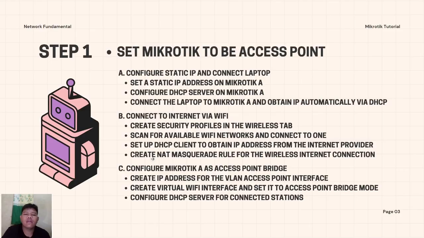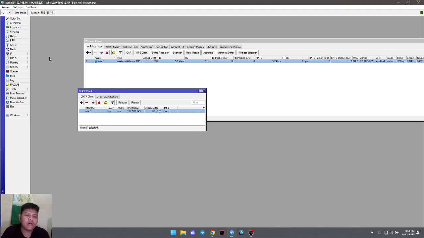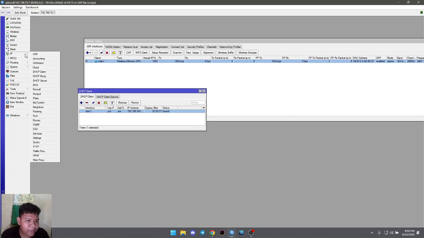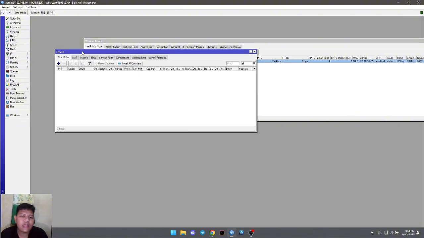And then the next step, we create the firewall NAT masquerade rules for the wireless internet connection. So we go to the IP tab and then firewall and then NAT tab.